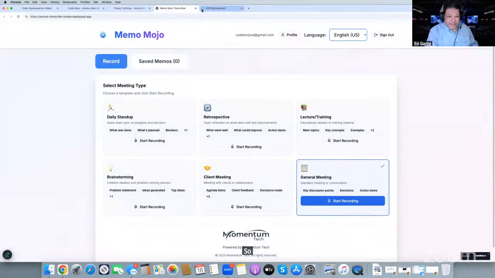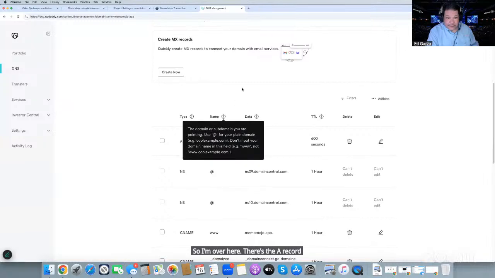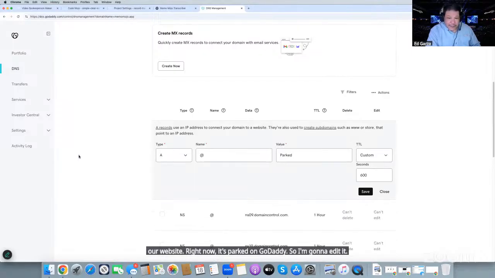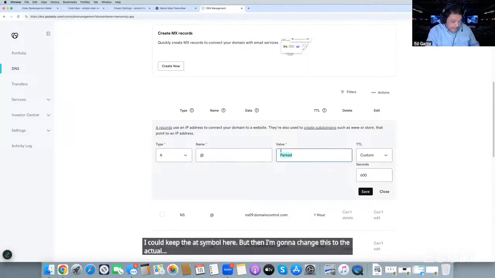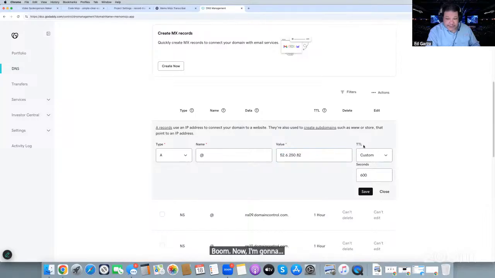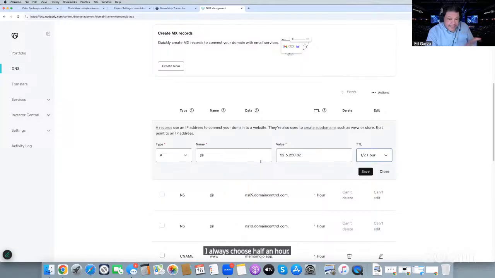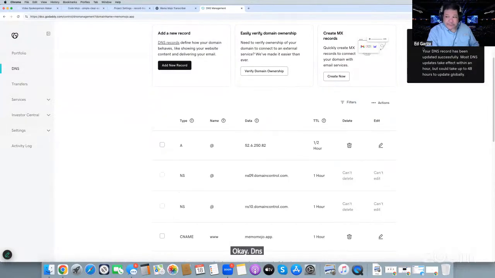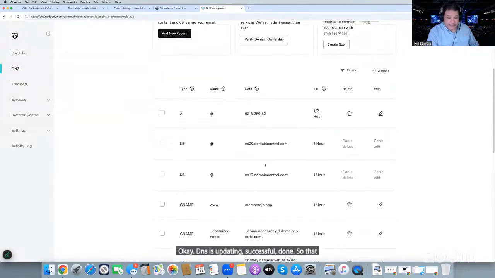So I'm over here. There's the A record for our website. Right now it's parked on GoDaddy. So I'm going to edit it. I can keep the at symbol here, but then I'm going to change this to the actual IP address. There you go. Boom. Now the TTL is basically relative to the time. I always choose half an hour. Once that's done, I click on save. Okay. DNS is updating, successful, done. So that's done. Now, the second step,